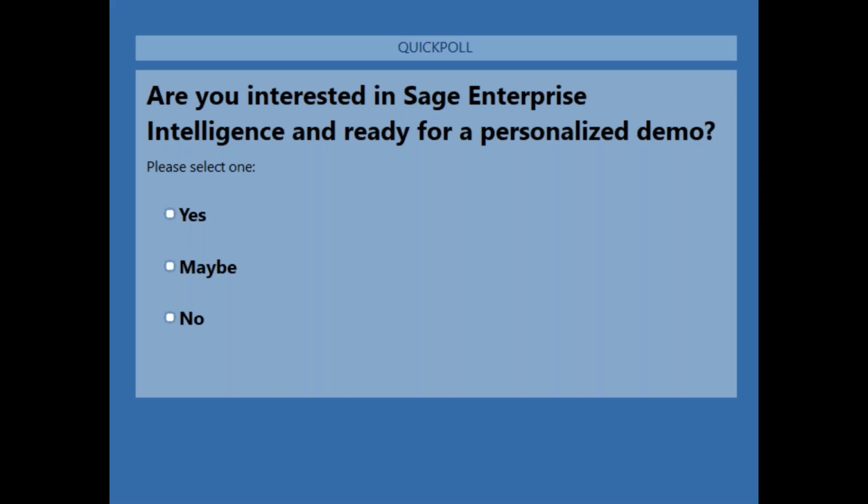So I think that's very powerful and very key. And given the robustness of the SEI solution with its power, I think definitely it is going to be a consideration for some of you who have enjoyed Sage Intelligence, but perhaps have outgrown Sage Intelligence. Yep, well said.